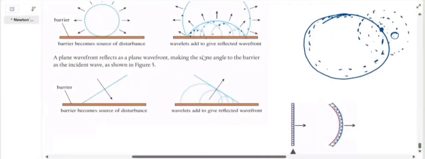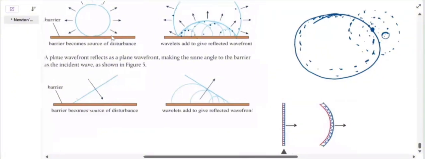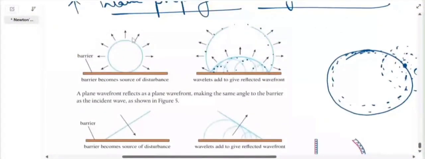I will just show you this particular phenomenon happening. If I look at this particular wavefront, here the barrier is there. It's a circular wavefront, and when it collides with any barrier, it creates many secondary wavelets, and I should say many wavefronts. You can see over here many patterns, due to reflection.